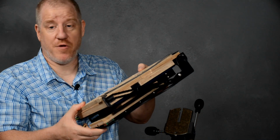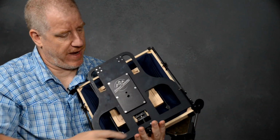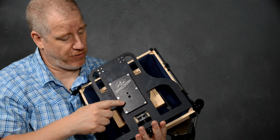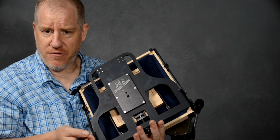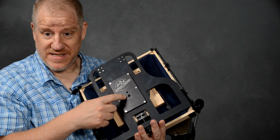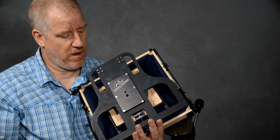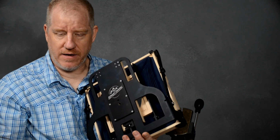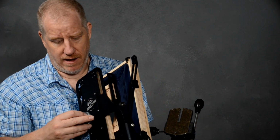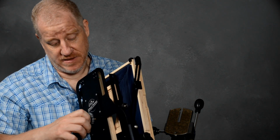I folded up the camera here, and let's move to the back. So you have the big main aluminum plate, and then bolted to that is a smaller tripod mounting plate. The plate is roughly 3 by 5 inches, and it's got two threaded holes, one for 3/8, I'm sorry, and one for 1/4 inch. So when I mount this camera, what I like to do is I have a 3/8 tripod screw here, a Gitzo, and I just screw it in until the threads disappear,